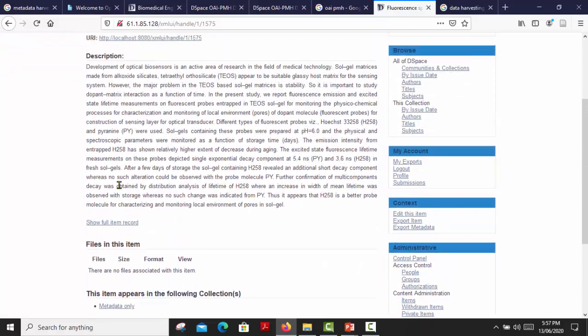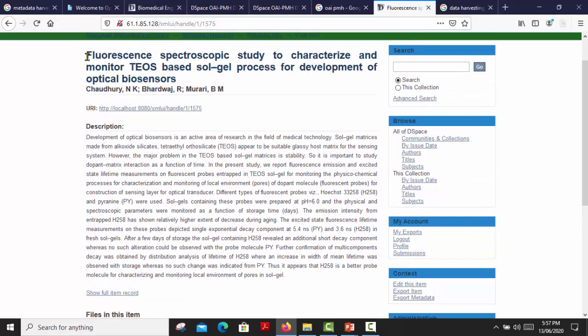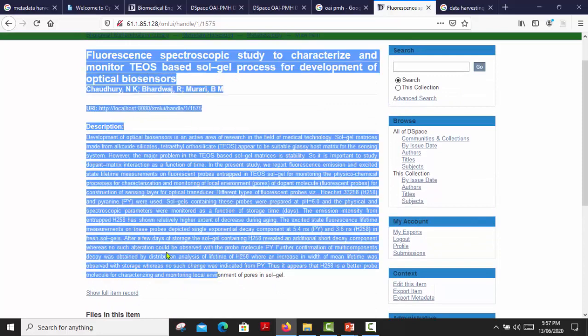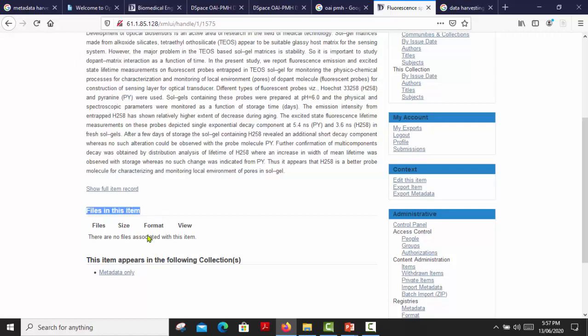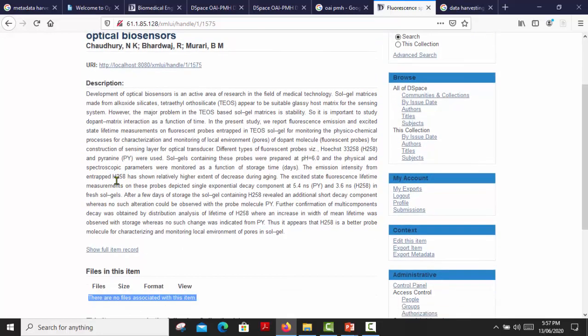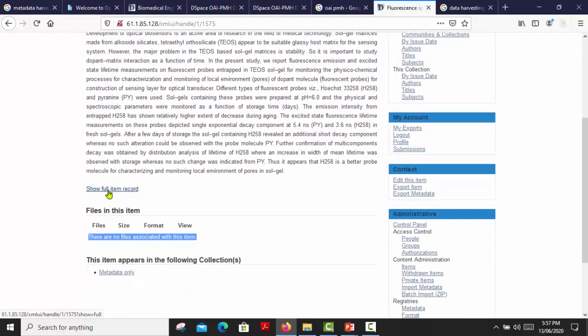Here see only metadata is available, no bitstreams here, or no file, any file is here. This is empty, there are no files associated with this item because we imported only metadata. Here also we can see the full item record.